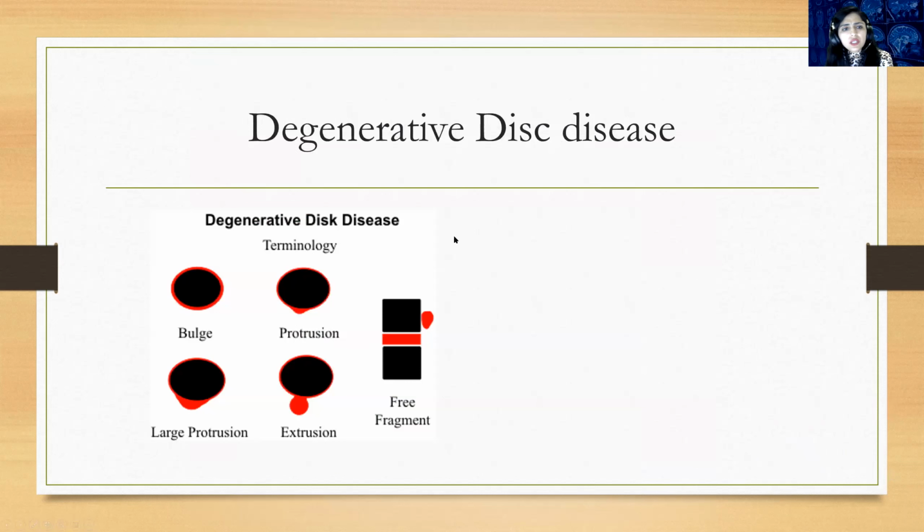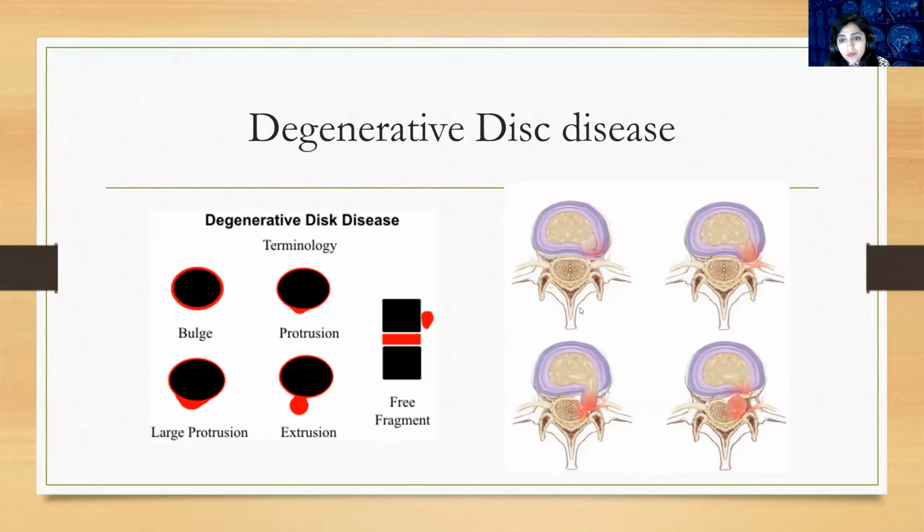So a little bit about degenerative disc disease. I think you all know that there can be just a disc bulge which is causing compression on the thecal sac. Then there can be disc protrusion, where a part of the disc is coming out and causing compression on the nerve. Then a large protrusion, and when the protrusion is too large and starts disconnecting from the disc, we call it an extrusion. And when it is completely disconnected from the disc, that is known as a free fragment, and fragments can go anywhere. Again, the disc bulge, disc protrusion, large, and this is the free fragment.